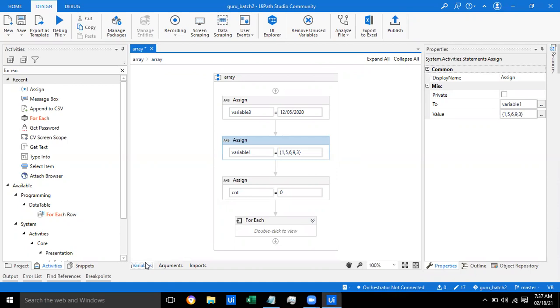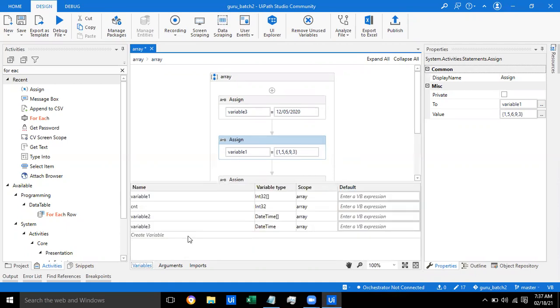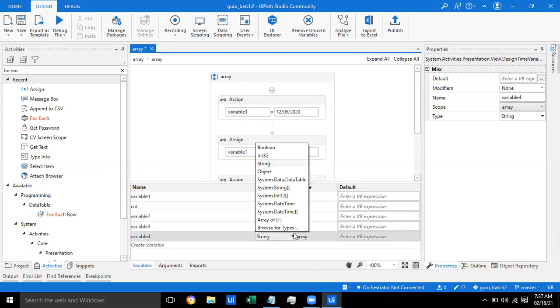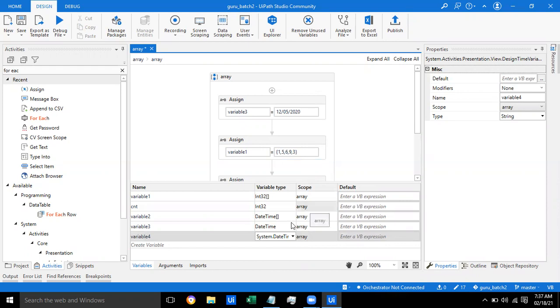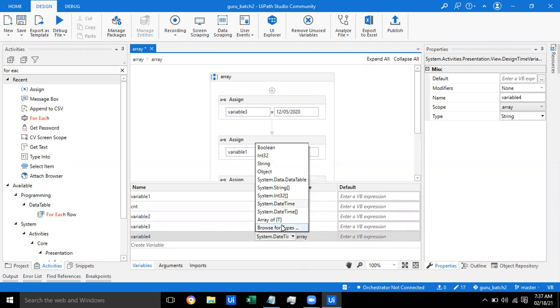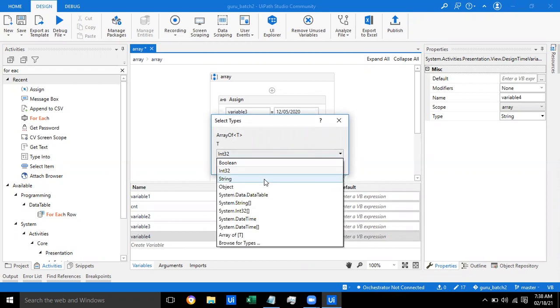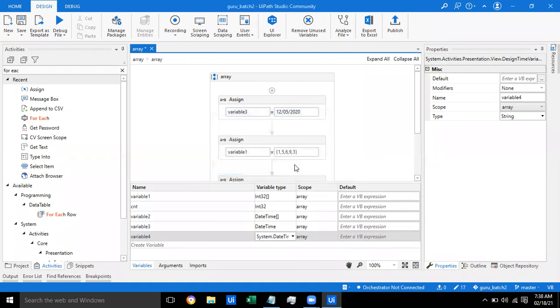Okay. Create a variable 4. System date and time, right? Is it System.DateTime? No, array of DateTime.